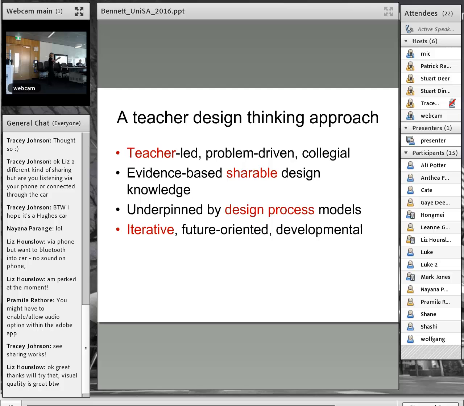So I could say something like, okay, I want to implement problem-based learning, but I don't have time or the resources to go the whole hog, and I'm going to do this bit. And then next year I'll do this bit. So in the era of increasing casualisation, increasing atomization, that makes it more difficult to occur. So we need to think through our processes to really enable this kind of strategy to work really well.